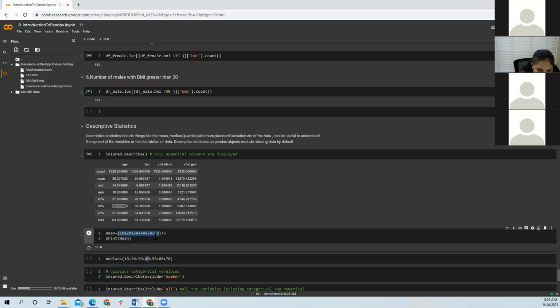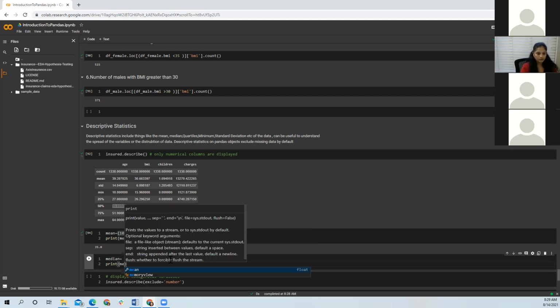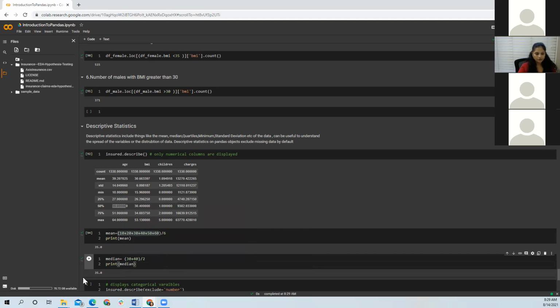And if I have something like this, in that case, I have to only consider the middle 2 values, like I'll take 30 and 40, only the middle values, and then divide by 2. So my median is 35.